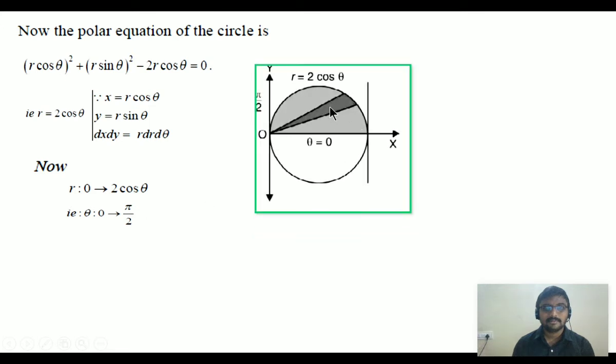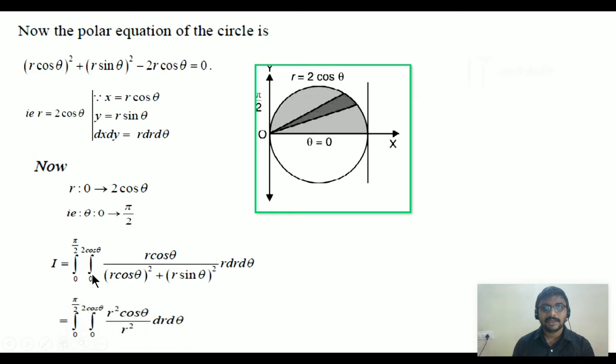So it is about the polar curve region. r is 0 to 2 cos theta, theta limits are 0 to pi by 2, from the initial line to the pole line. The given sum becomes, substituting all the values, x as r cos theta, y as r sin theta, dx dy as r dr d theta, and using the limits of r and theta. Now we have to integrate, applying first with respect to r and then theta. Clearly here r square gets cancelled. Now applying integration with respect to r, keep theta as constant, cos theta is constant.